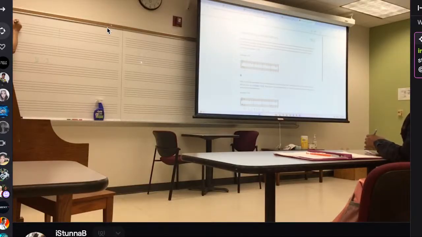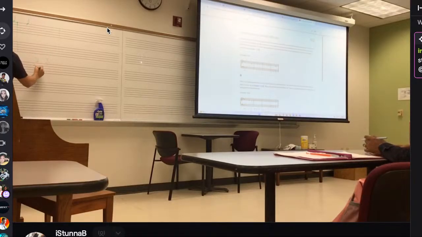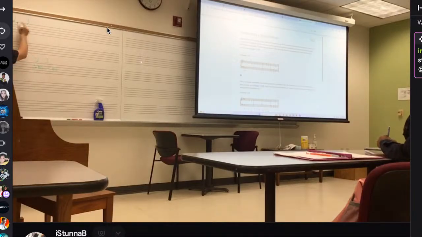Let's have a leap up to a G. We'll see if we can do that. And then F. And I know this chord has to be a G, B, D chord, and this chord has to be a C, E, G chord. So I could go back up to G, but then I'd have to try to find a different focal point. So since I have G here as my focal point,